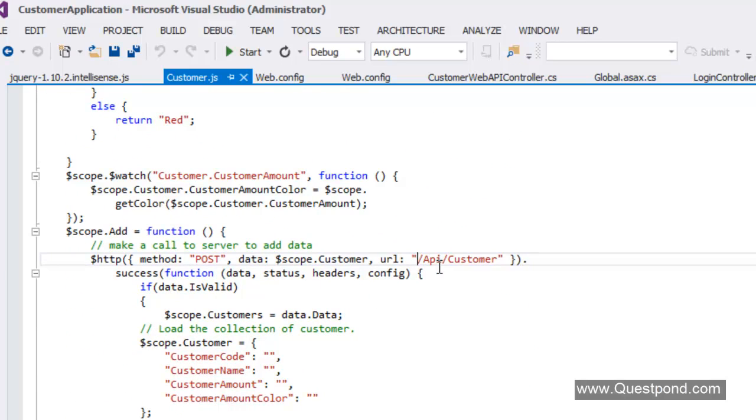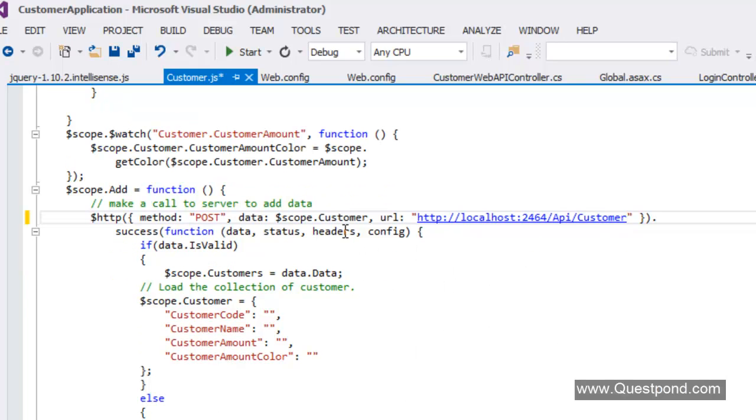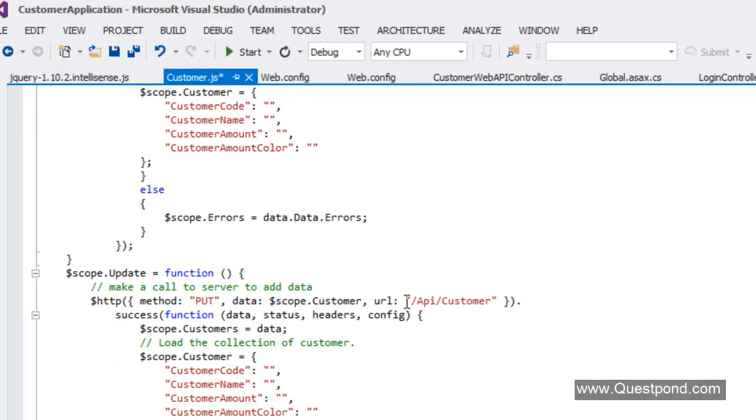So the URL now will be this. Later on we'll see how to remove this hard coding. At this moment, it is hard coded. Later on I'll explain to you how to make this hard coding parameterized, or